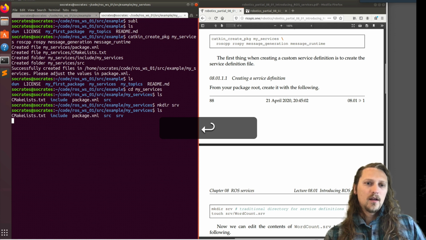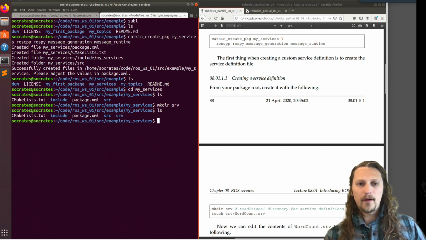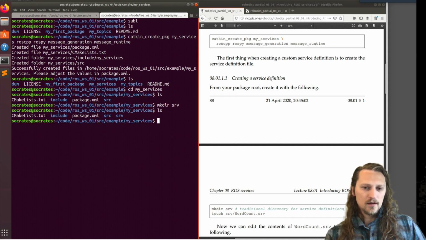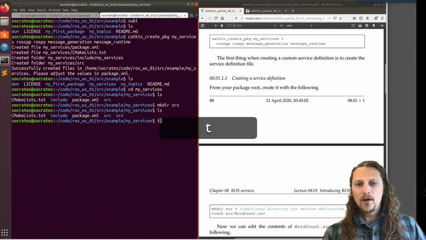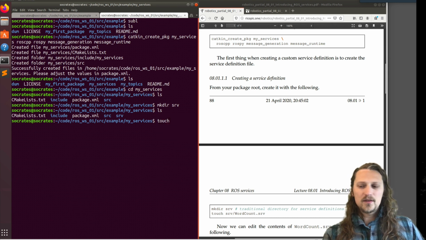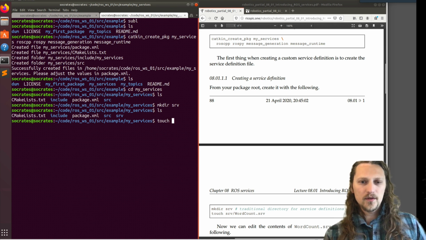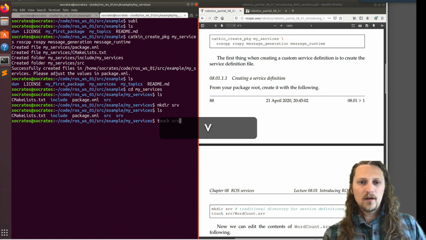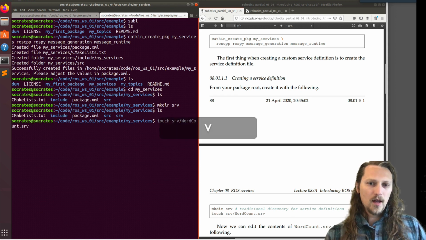Okay, so now it's in there just like msg or src. Now we have an srv, our services directory. Technically we don't have to call it that, but it's nice to use that because that's pretty standard. It's a common convention people use. So touch srv/wordcount.srv will create